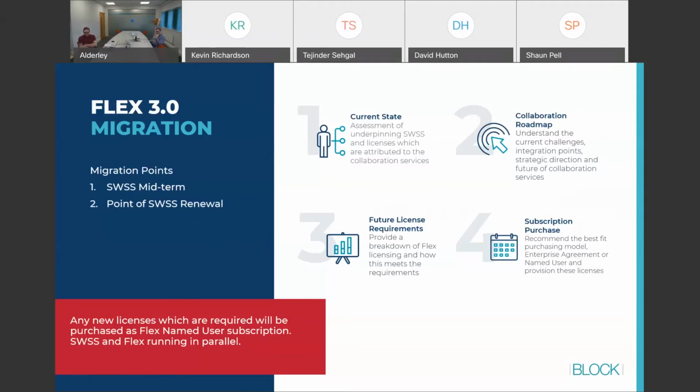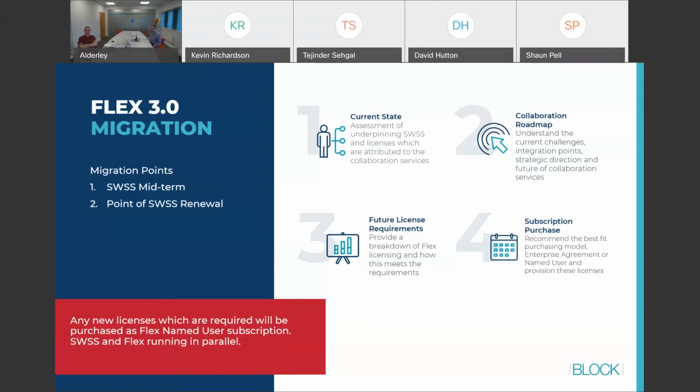if you can secure the funding and you decide that you want to make that jump between the perpetual licensing model and annual software support services, SWSS, you can do the full jump mid-term on your SWSS contracts to Flex. That will be a complete migration of your licenses to the new subscription-based model.